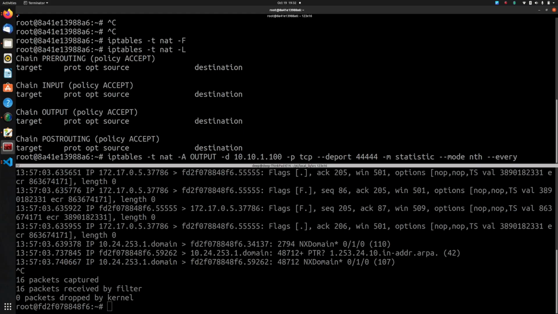So for the first rule, which will point to, let's say, the 172.17.0.2 server, I want this rule to be executed every, let's say, third packet. So every third packet, this rule will get executed. Otherwise it will be ignored.